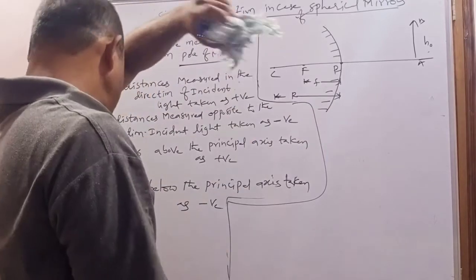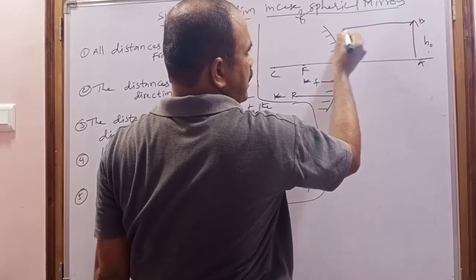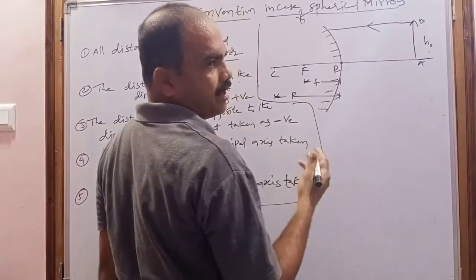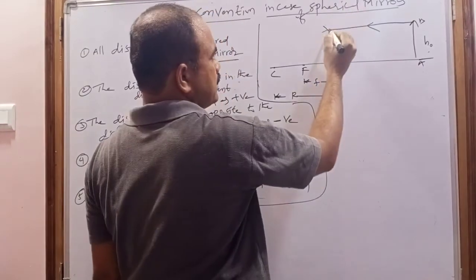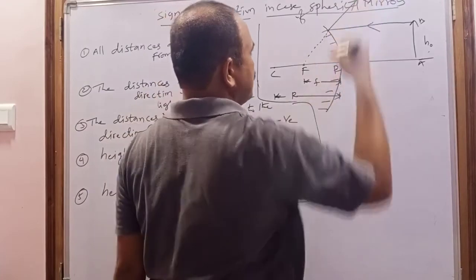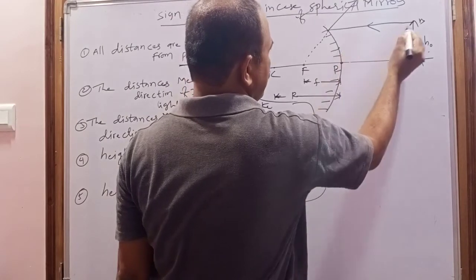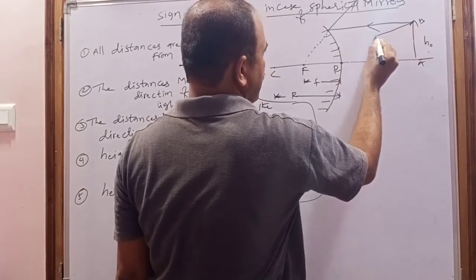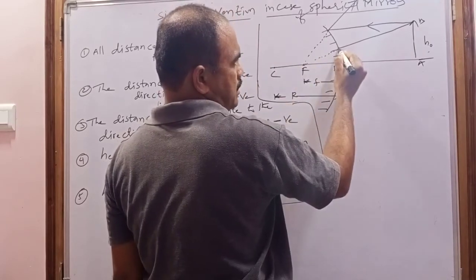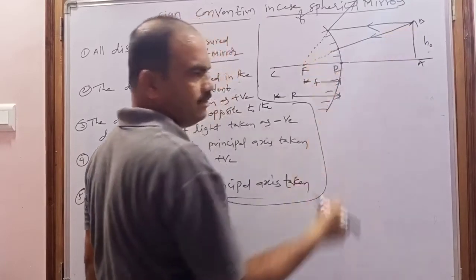Now where is the image formed for this object? I am taking one ray that is parallel to the principal axis. After incident on the mirror, how will it go? According to the rule, it appears to come from the focus. So join the point of incidence and the focus, and extend. Next, I am taking another ray that is coming in the direction of the focus. To check, join the point of incidence and the focus with a dotted line. It is traveling in the direction of the focus.